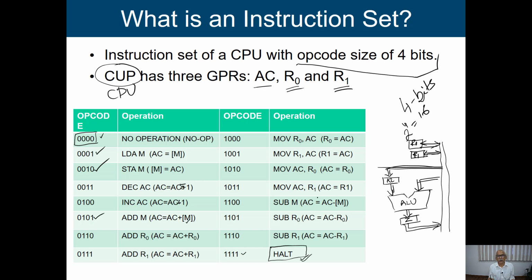Okay. So like it, I am having 3 instructions for addition. Similarly, we are defining 3 instructions for subtraction. Okay, so this is what we are doing, and now you can say that we have used all the 16 opcodes, the 16 available combinations of 4 bits, and this is the instruction set of this particular machine. We know the meaning of each and every instruction, each and every opcode, operation code. Now as a designer, we have to design the processor in such a way that you get the desired result according to the instruction.